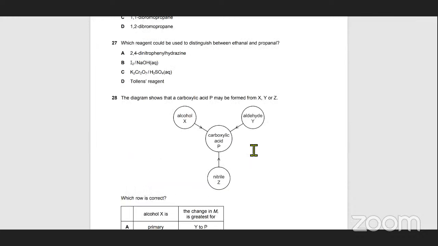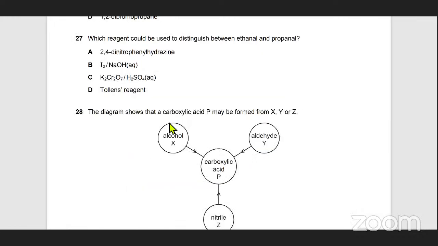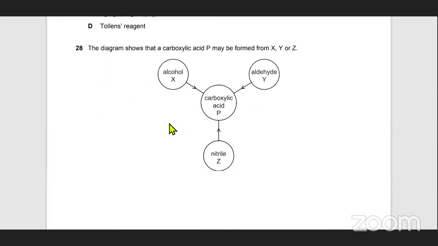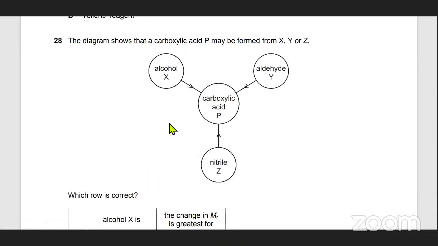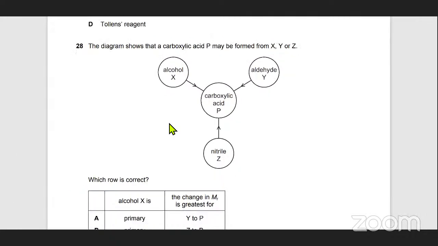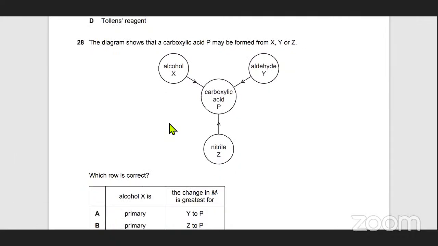Okay, we were at this point, and I think we had done question 27. Moving to question 28. The diagram shows a carboxylic acid P, and it may be formed from X, Y, or Z. So you have carboxylic acids getting formed, and remember how carboxylic acids are formed? I'm going to take an example of ethanoic acid. They're formed